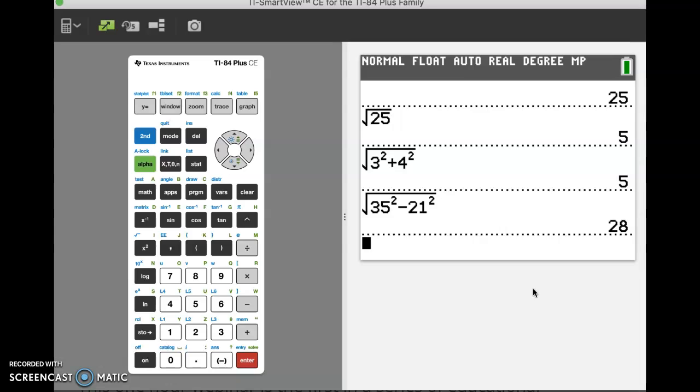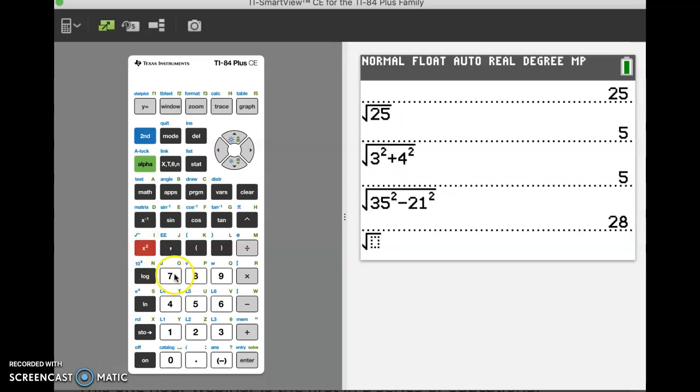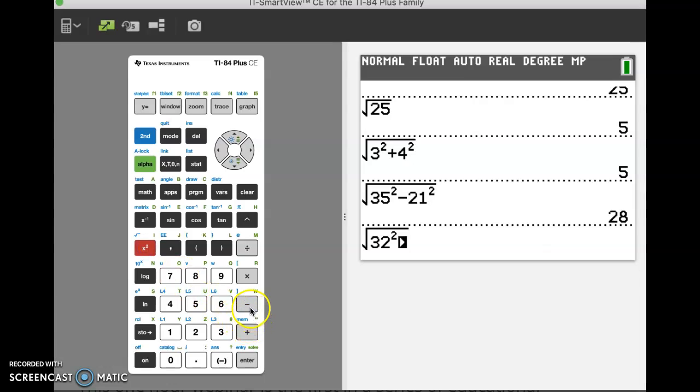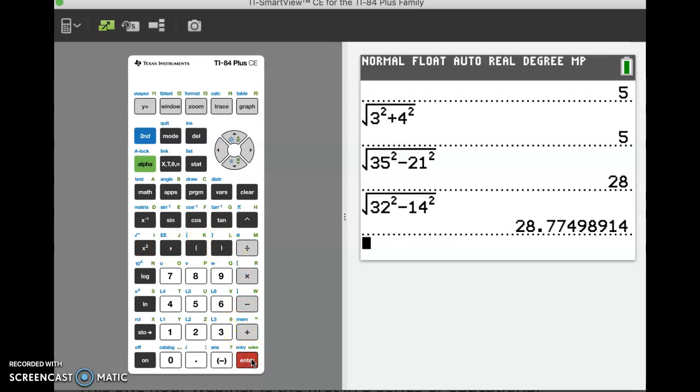Okay, so let's try something else. Let's say again, they gave us the hypotenuse. So we're going to have to subtract. And now we'll look at one that's not so pretty. So I'm going to do second x squared again. And they gave us that the hypotenuse was 32. So 32 x squared, and since that's the hypotenuse that we're starting with, we have to subtract 14 x squared, hit enter, and it gives us